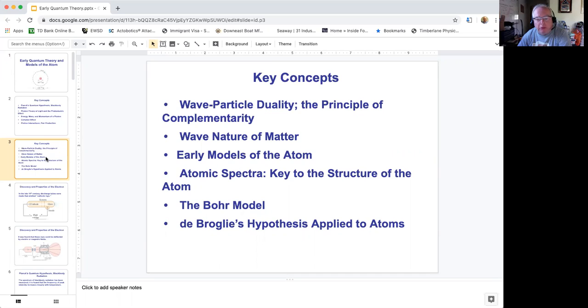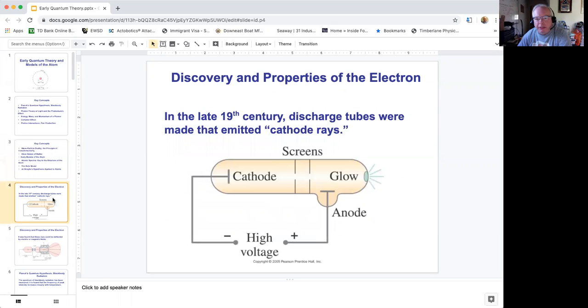Then we'll also take a look at atomic spectra and how quantum mechanics led to what we call the Bohr model, and then an even finer tune to the Bohr model with the de Broglie hypothesis. So this is a bit of a walk through history as we talk about the connection between light and matter. And it was known that